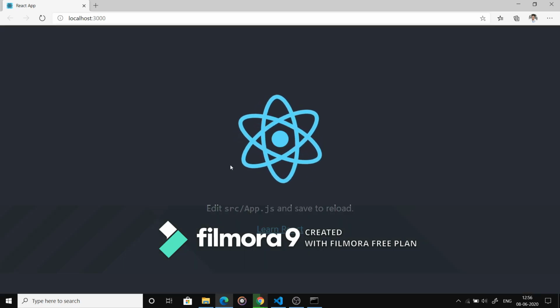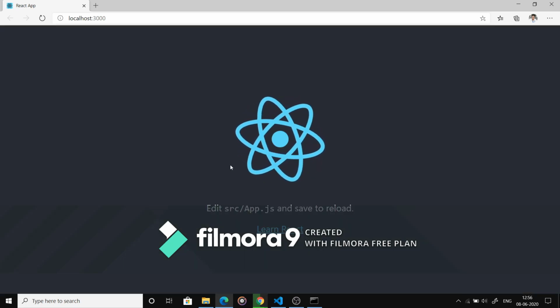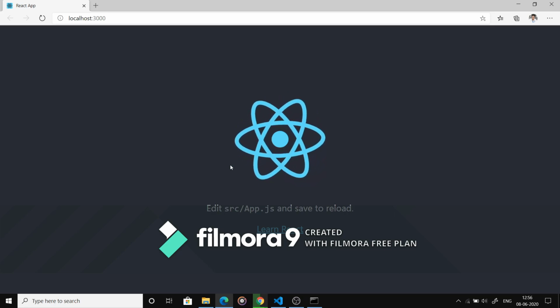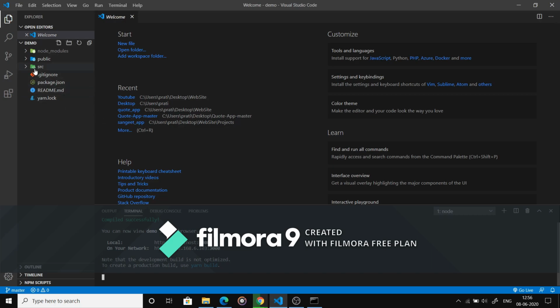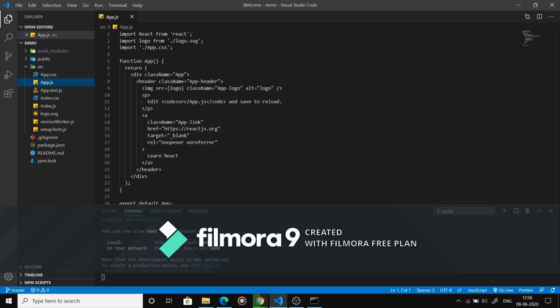It will automatically open a web browser with port number 3000. And finally we get this kind of output. If you want to change this output, open VS Code, go to src, app.js, and change this line.